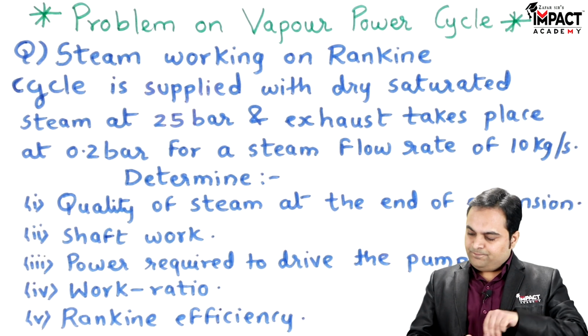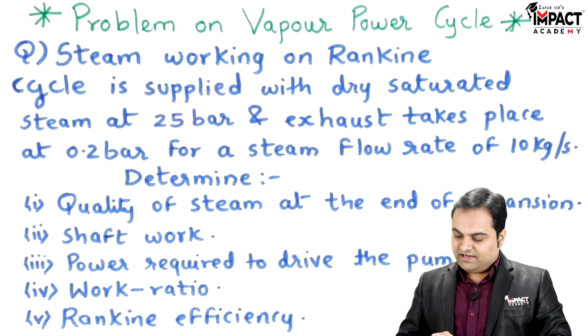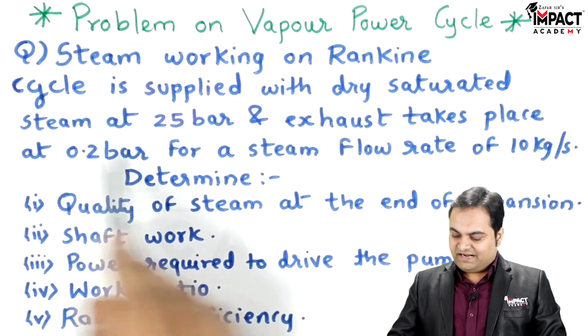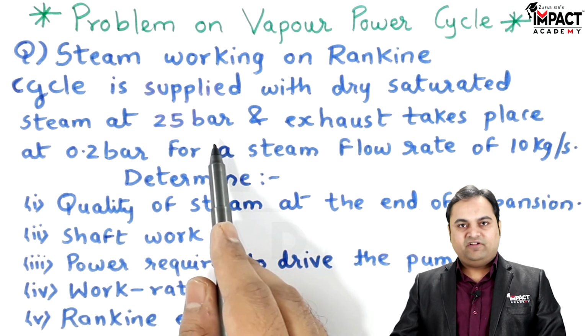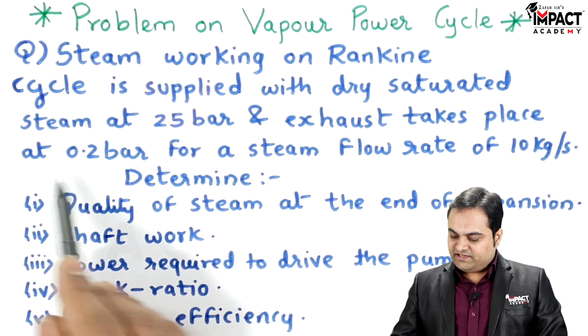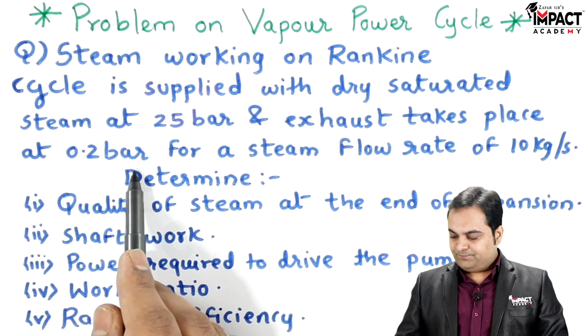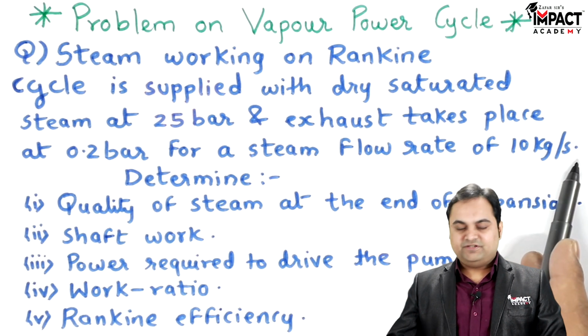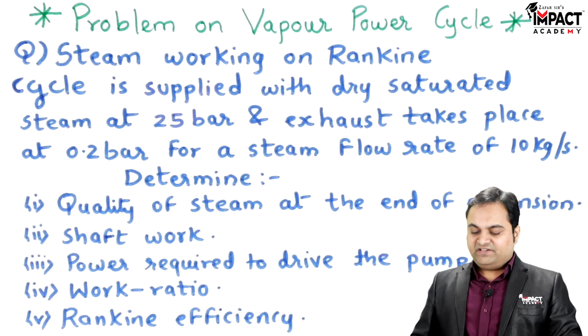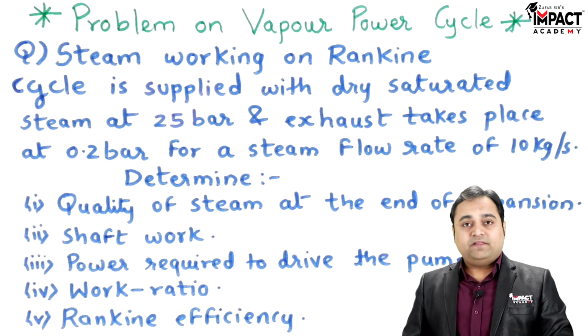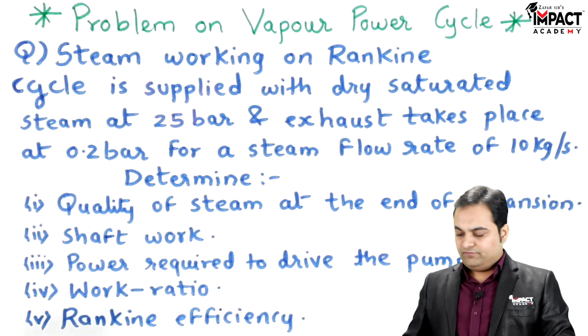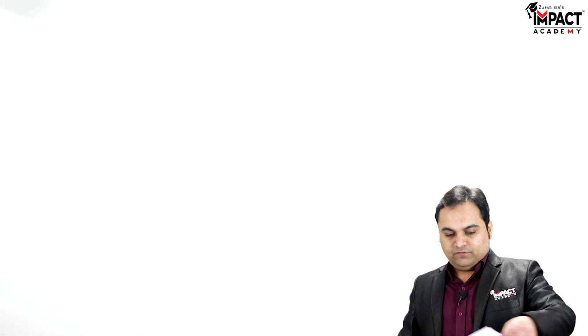It is said that steam working on Rankine cycle is supplied with dry saturated steam at 25 bar and exhaust takes place at 0.2 bar for a steam flow rate of 10 kg per second. Now whatever these data are given, I'll explain them with the help of the layout of this steam power plant. So at first,